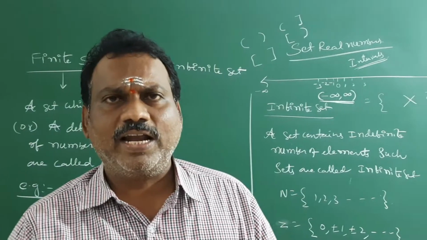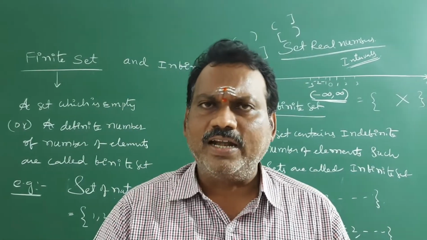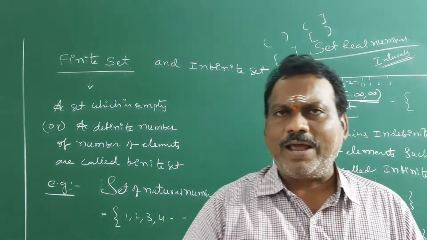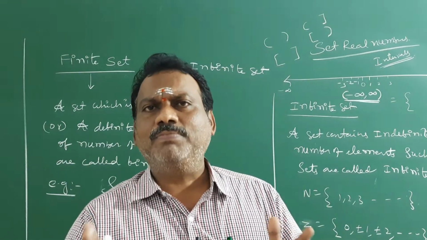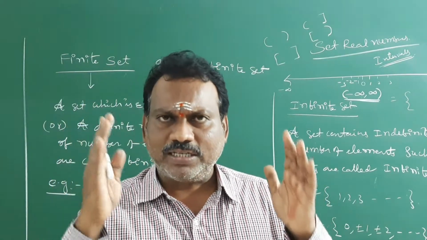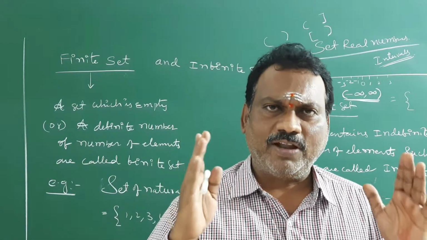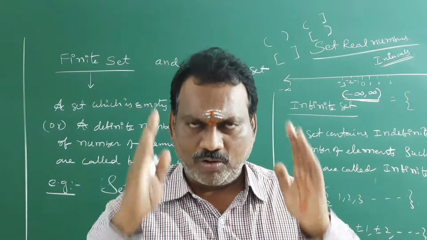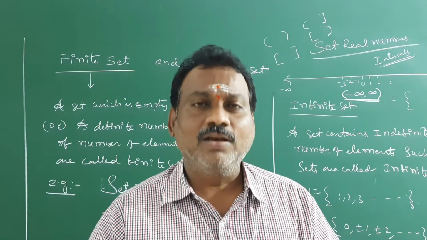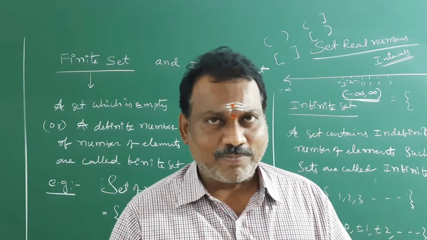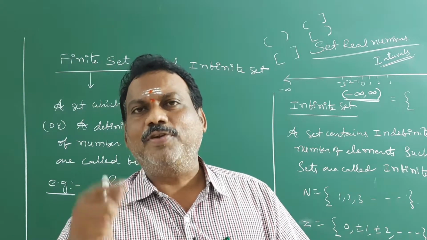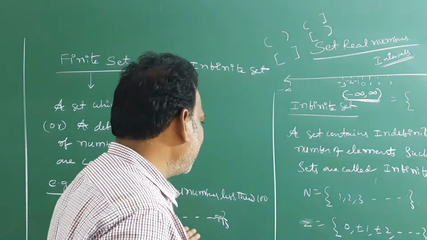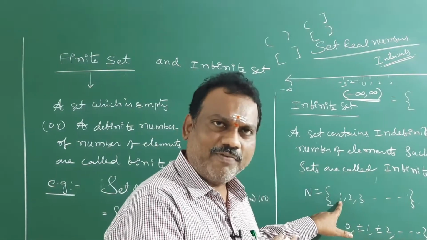Natural numbers we can represent, whole numbers we can represent, integers we can represent, odd numbers we can represent, even numbers we can represent, prime numbers we can represent, but some number systems we cannot represent in the flower brackets. Why? Because the numbers do not follow a definite rule. That means we don't know what the first number is, what the last number is, or what the middle numbers are. If you know the beginning number, we can start with that number. In natural numbers the first number is 1, so we start with 1.